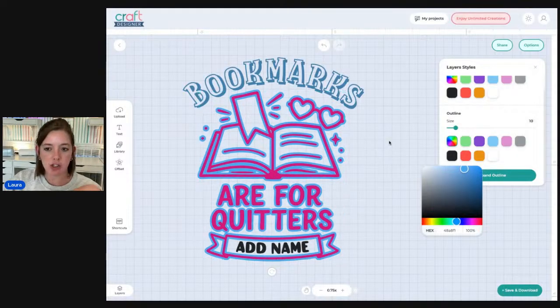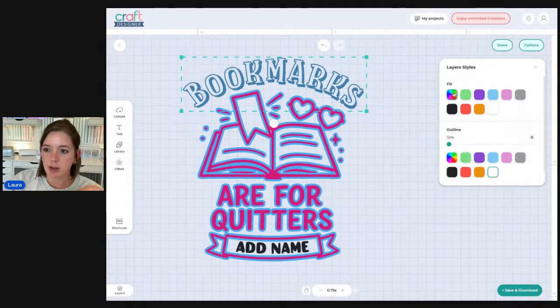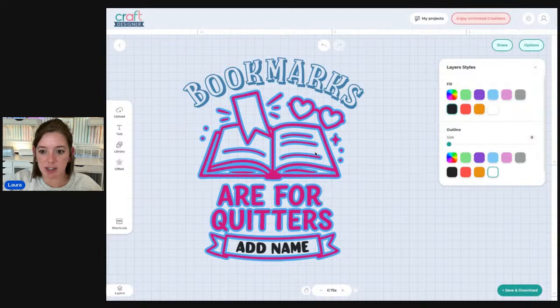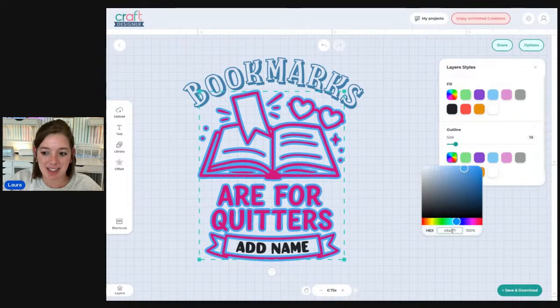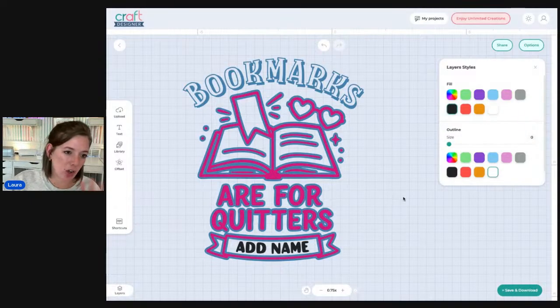You could also match the blue you did on bookmarks by just clicking it. And then I'm going to click fill here and I'm just going to copy paste that exact hex code. So that way I know that I have it exactly the same. And there you go. It looks a little weird, but I think if it was on something, it would look better. I'm making sure I didn't miss any comments really quick.